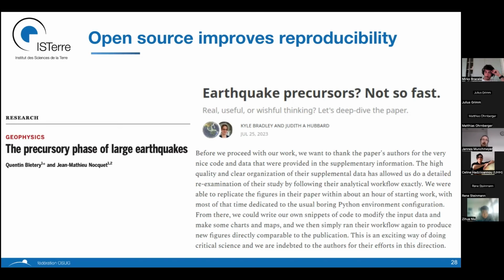They had a doubt about Quentin's study, and they wanted to check it, and the only reason they could do it was because the data was open and because you openly shared the code. So even though for him you could say it has a bad consequence that his study is publicly doubted, for scientific progress it's extremely valuable that we can do these comparisons.